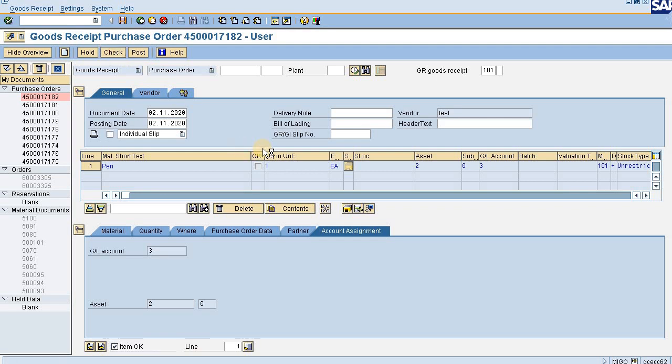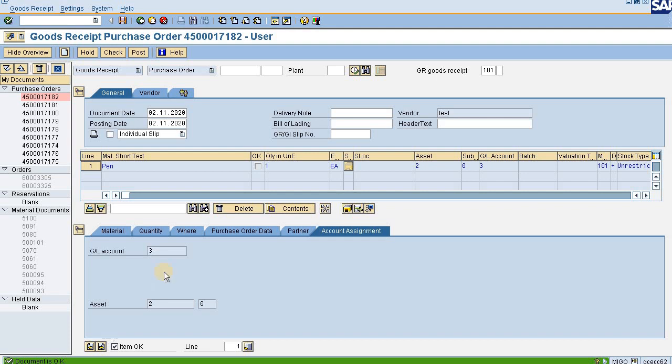If everything is okay, then the system will generate an OK flag, and based on that you have to go ahead and post the GR. Thus the goods receipt will be posted, and the accounting entry against the goods receipt will obviously be the asset debit, as we are purchasing the asset coming in, hence the asset would be debited.